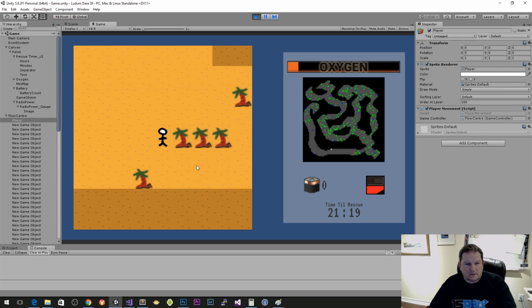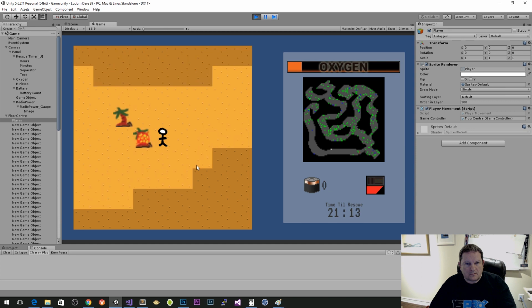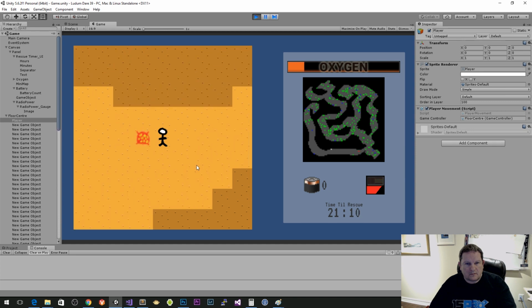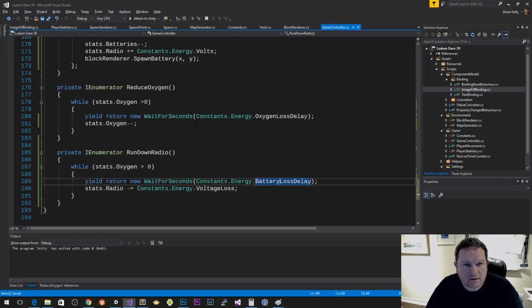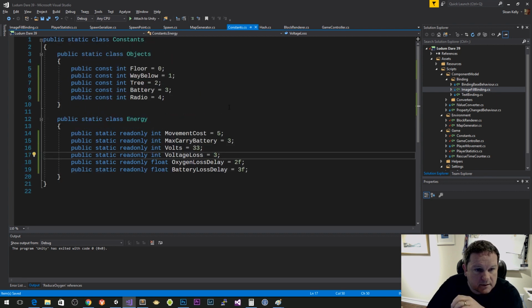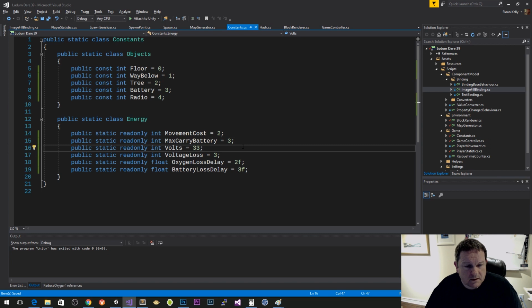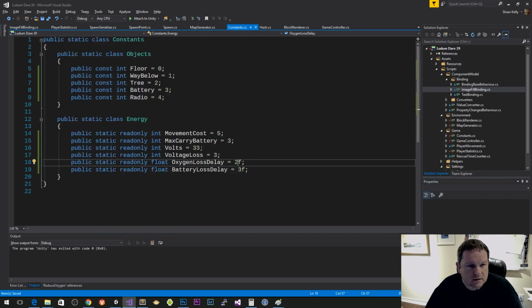I don't have any trees this way. Yeah, I might have to lighten up the old constants here. Okay, so oxygen decay, I think every two seconds, and then movement cost. I'm going to make that 2 as well. No, that movement cost is 5. That's good enough. And then yeah, that should be okay. Okay, so when you run out of oxygen,